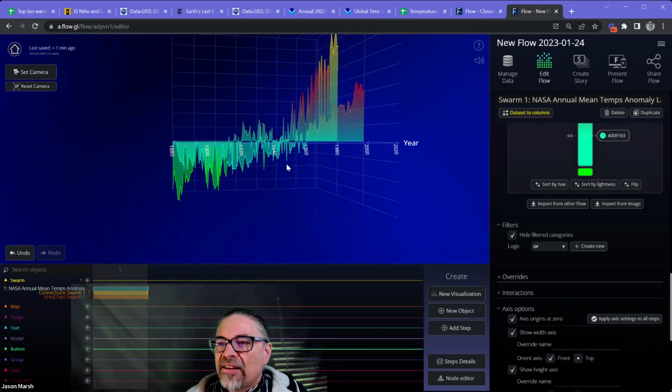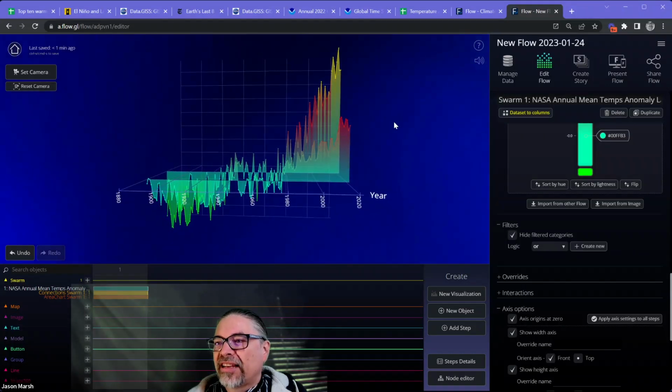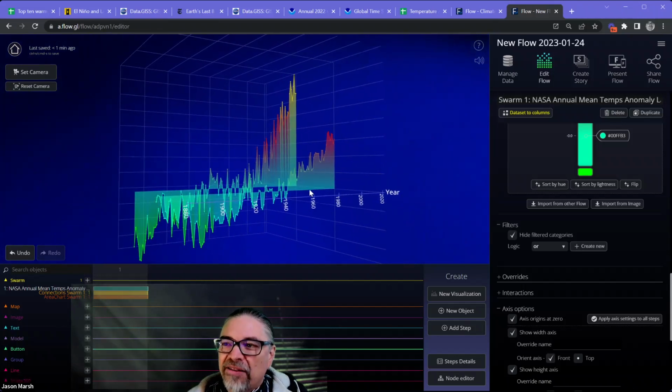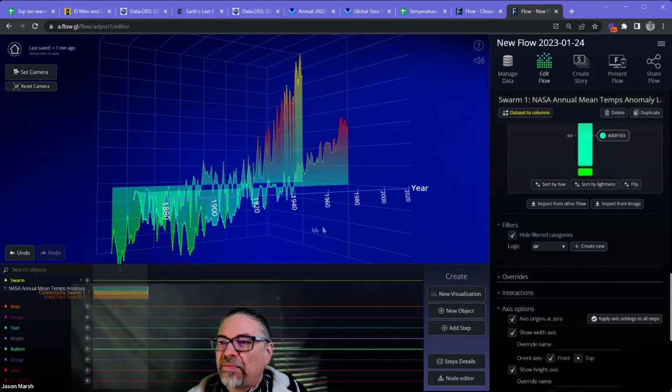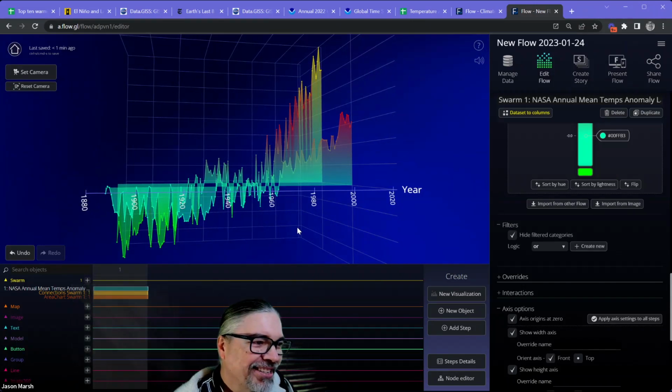And you can see that in the olden days, it was always cold and always well below average. And recently it's well above average. But now I've had total control over my colors to be able to help bring out the meaning of the data. Martin, did that help answer your question?